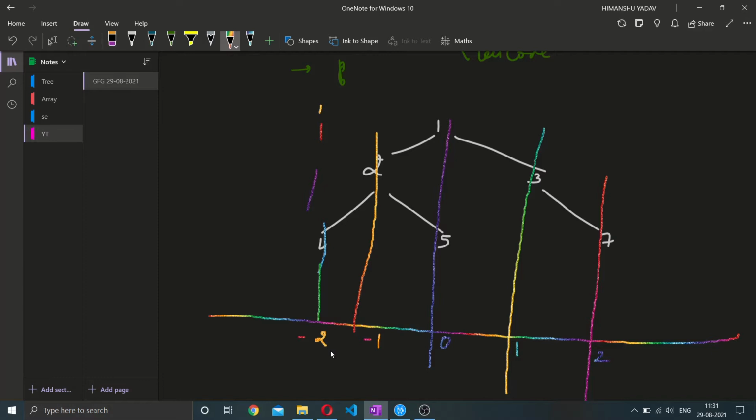I will store the value of the vertical line with the current node value. This is the logic behind how we can solve this.